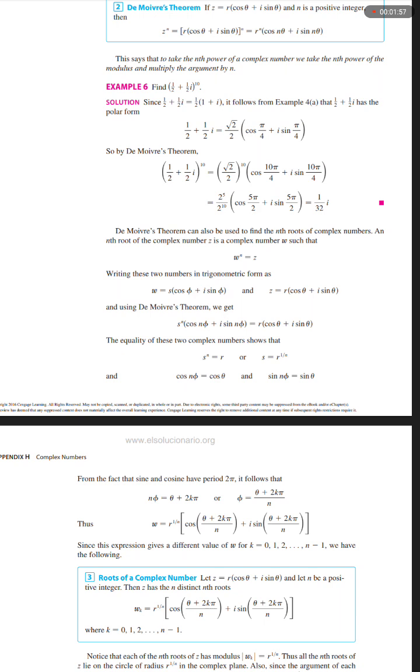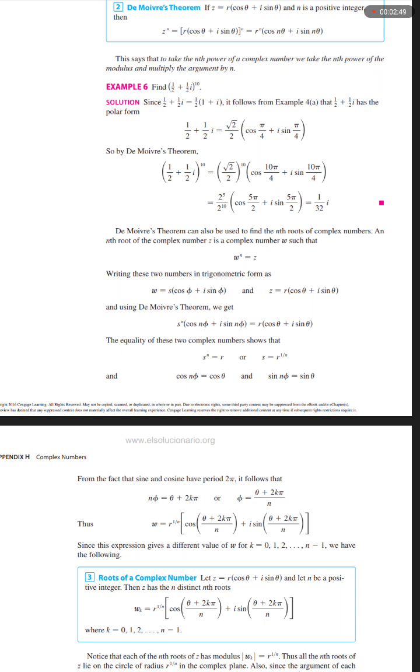Writing these two numbers in trigonometric form as w equals s times (cos φ + i sin φ), and z equals r times (cos θ + i sin θ), and using De Moivre's theorem, we get s^n times (cos nφ + i sin nφ) equals r times (cos θ + i sin θ). The equality of these two complex numbers shows that s^n equals r, or s equals r^(1/n),